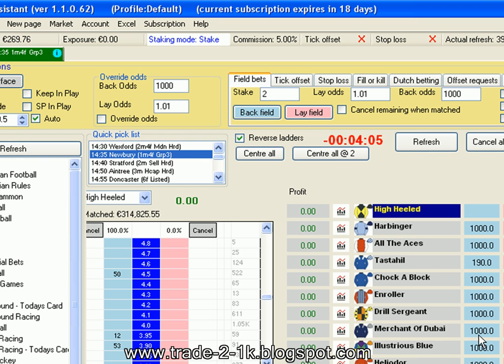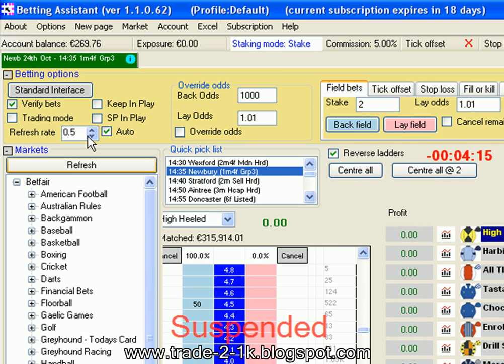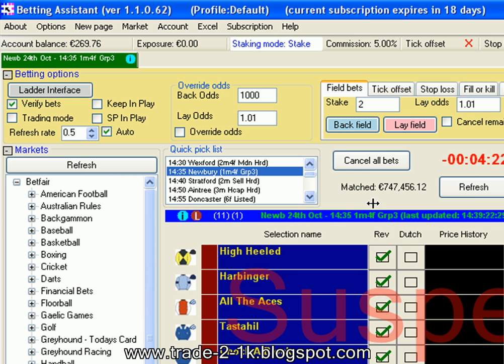And like I said, all the others have gone up to 1,000 to 1, traded at 1,000 to 1. 315,000 on our winner was totally matched. So you can imagine how much was traded in play there as well. Nope, the race is suspended now. That means he's won. 315,000 on him alone. How much do we have in the whole thing? 747,000. If you imagine that Betfair take 5% of all the winning bets, so if you say it's 50-50, 5%